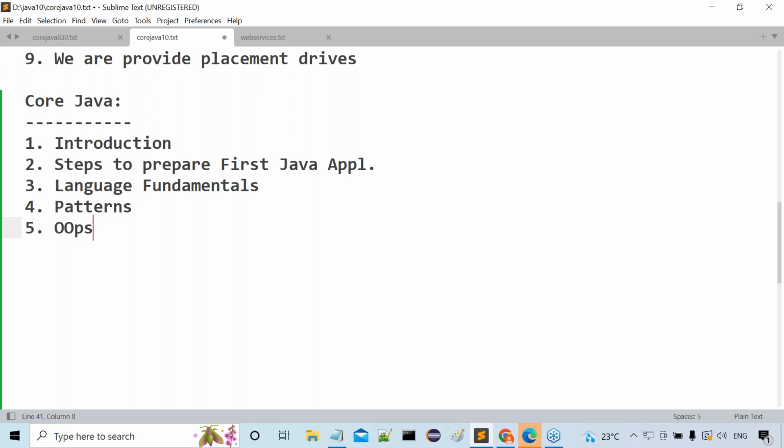The very important topic in the entire core Java, that would be OOPs, object orientation. Object orientation is the most important topic in core Java. Moreover, I had very good research work on this object orientation. The maximum time of the core Java we are going to spend with object orientation. More content we are going to discuss there.